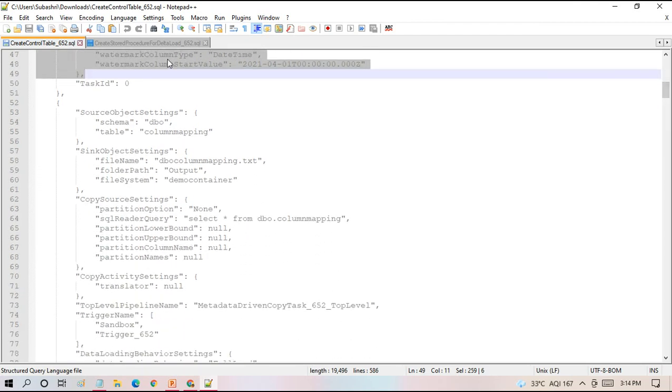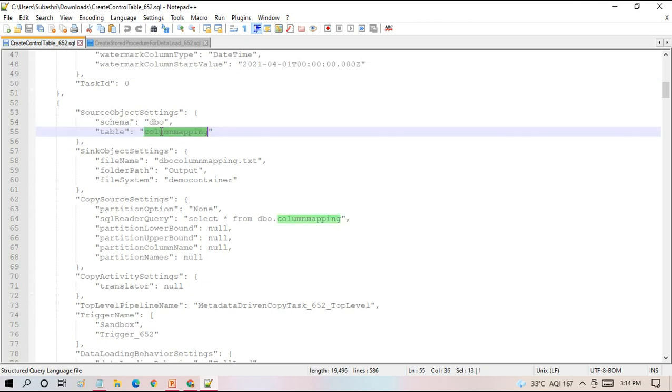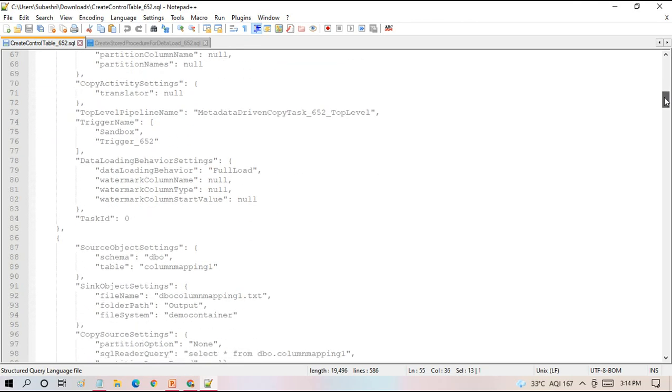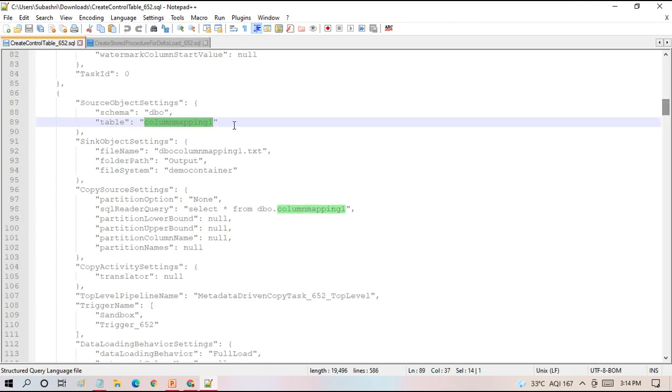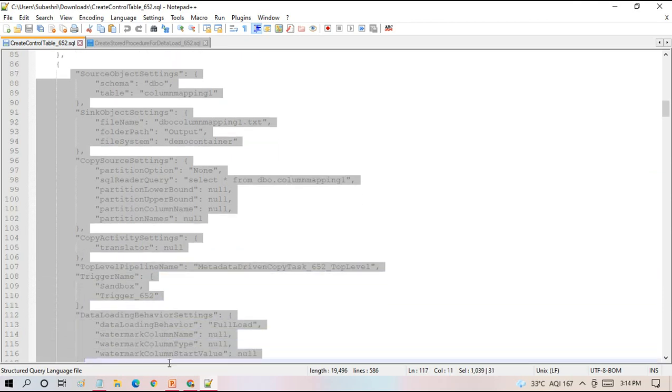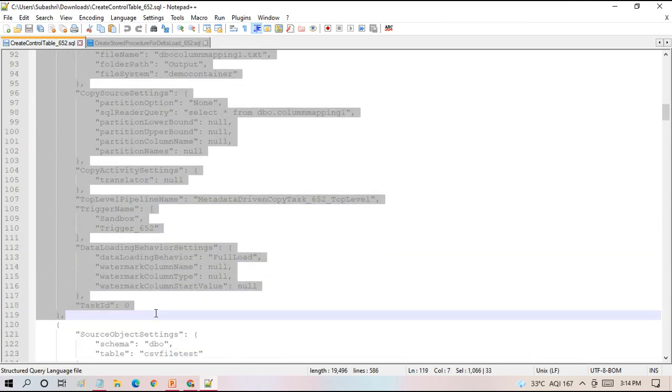Okay, so previously we had for build version, this is column mapping, this is second table. Like that you will have third table, column mapping 1. So as you can see here, you will have the same set of tags for each set of source and destination. Literally what we are going to do is insert source and destination details in the form of JSON data format. We are going to insert that JSON data to a table. We are going to create a table called control table and insert source and destination information in the form of JSON in the same table, control table.